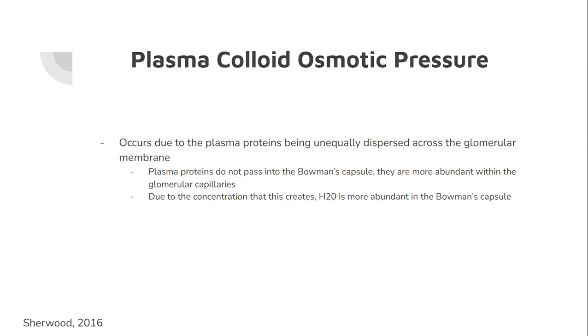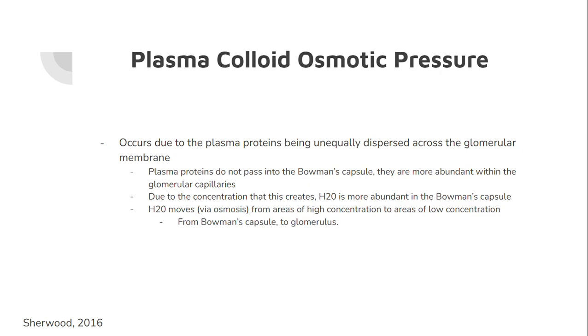And so what happens is then we have tons of solutes on one side and few solutes on the other side. Now, if we think back to any freshman biology class in any freshman lab, we'll remember some kind of lab on this. Could be the egg lab where you put an egg in water and watch it swell, or I do gummy bears in water, right? So we have a high concentration of solutes in the gummy bear and a low concentration of solutes in the water, right? And then as we think about it, water is going to move from areas of high concentration to areas of low concentration. So water is going to move